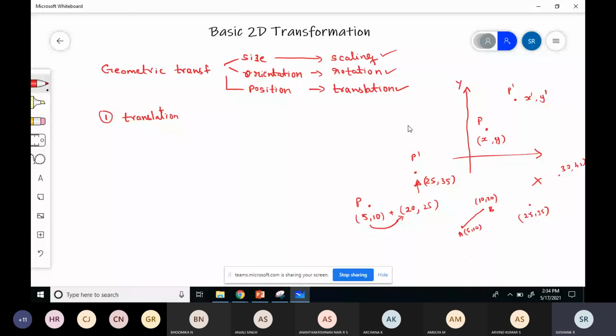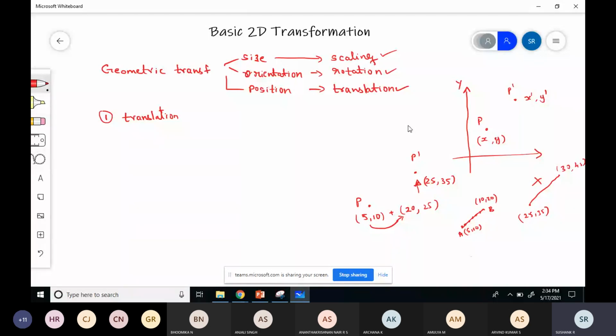So from this position you want to move the line segment to a newer position. It means that every point along this straight line will be moved to the new location. For 5 comma 10, it will calculate the new position and map it, and after that it will go to the next point, maybe 6 comma 7 or 6 comma 11, like that. Each and every point on this line will be moved by the offset value, and a new position will be calculated.